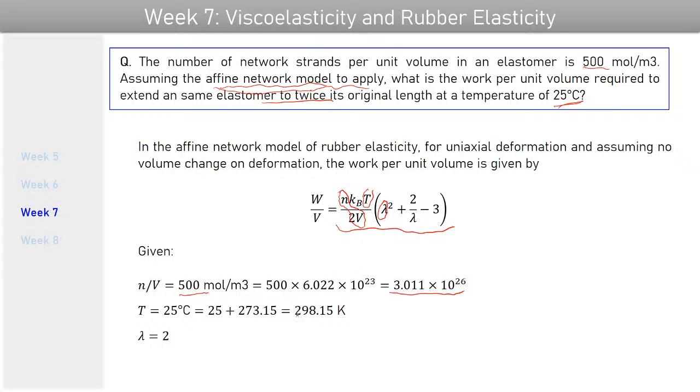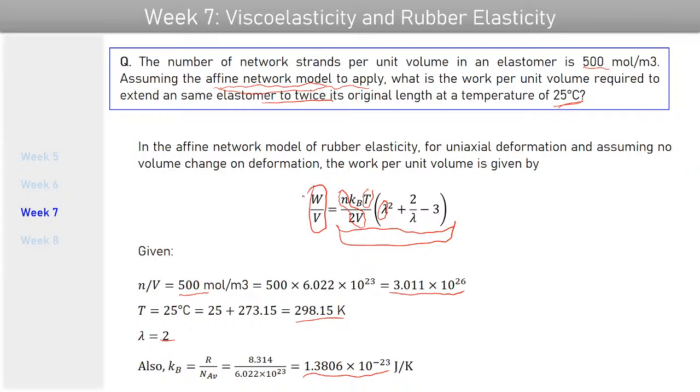So we'll use that. Temperature is this, lambda is 2, and Kb, the Boltzmann constant, is the ratio of the universal gas constant and the Avogadro number. So that is a very standard constant, and its value is 1.38 into 10 minus 23 joule per Kelvin. So we have all this information. We can substitute everything in this equation and find our work per unit volume required for this